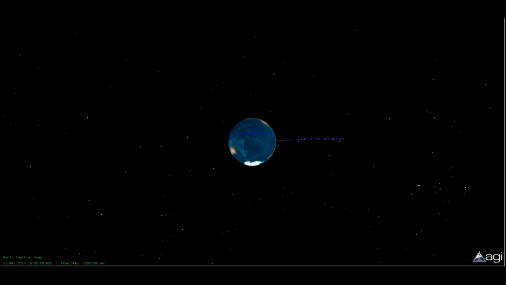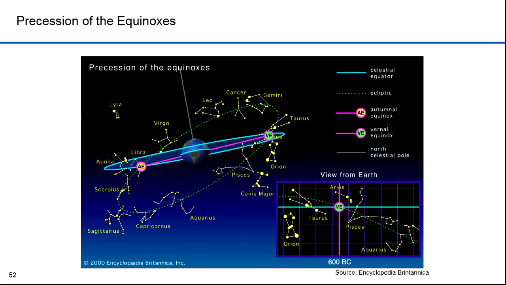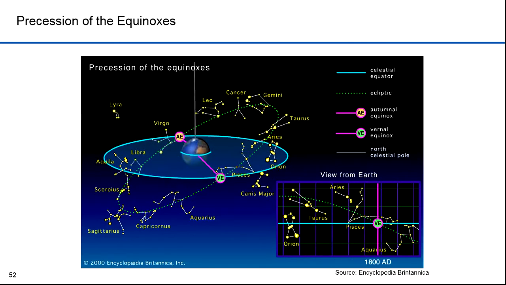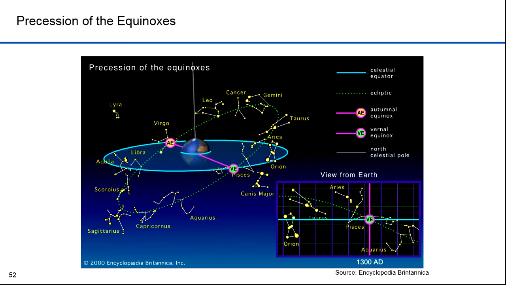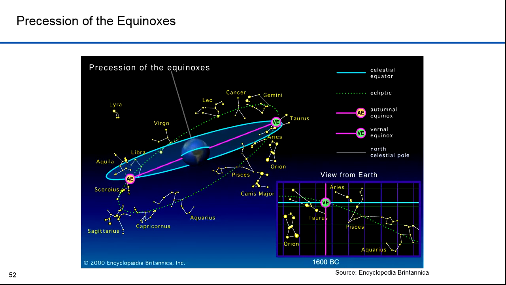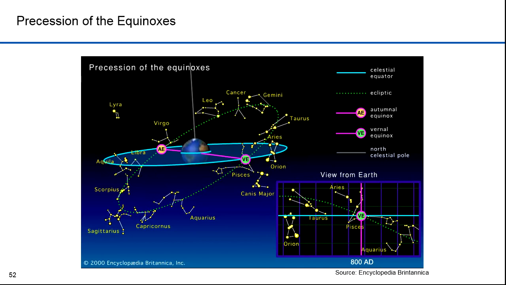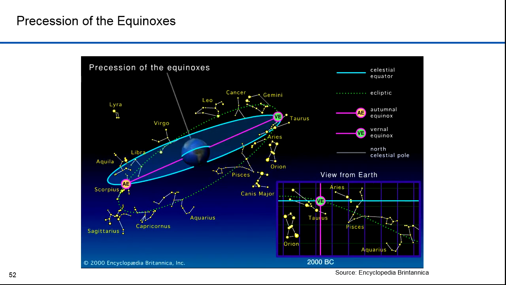And you can see the Sun moving from the 0, 0 point as it moves to the left. It's moving through the constellation Pisces. An ancient astronomer, Hipparchus, discovered that the equinox points are precessing. In the past 4,000 years, the vernal equinox has traveled from the constellation Taurus to Pisces and is headed to